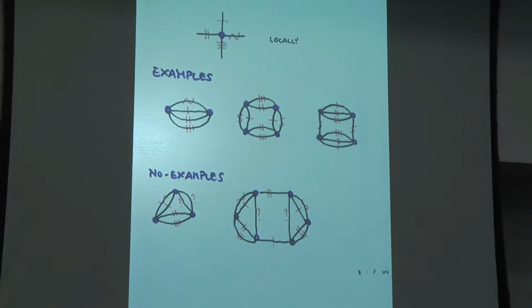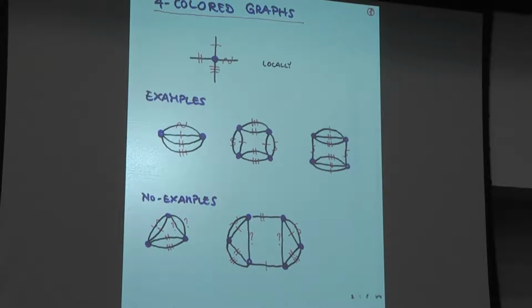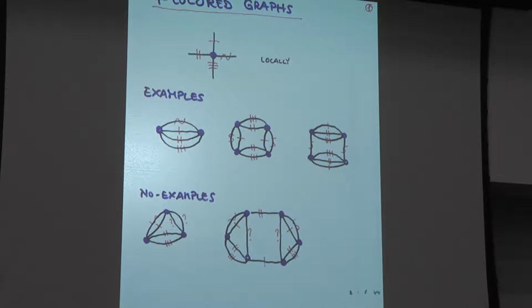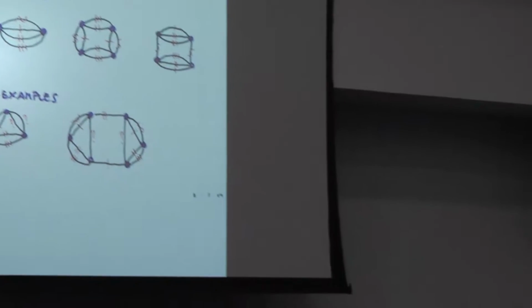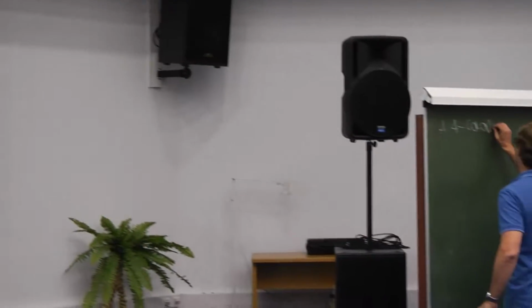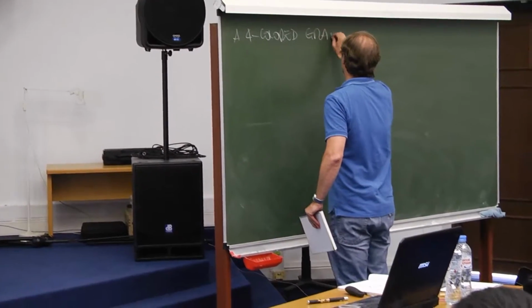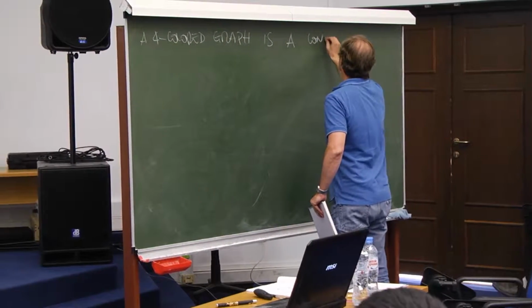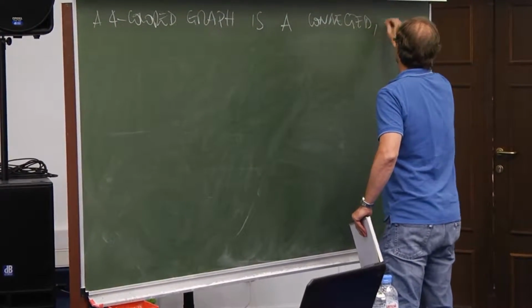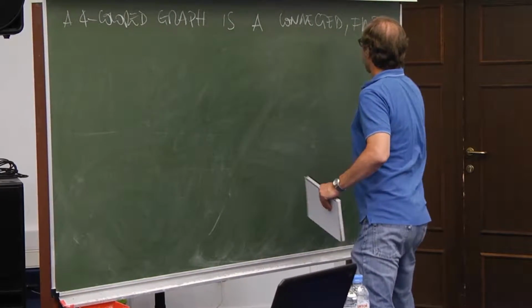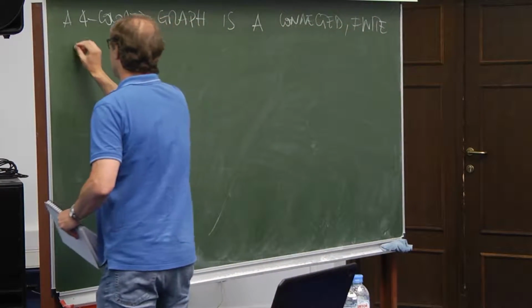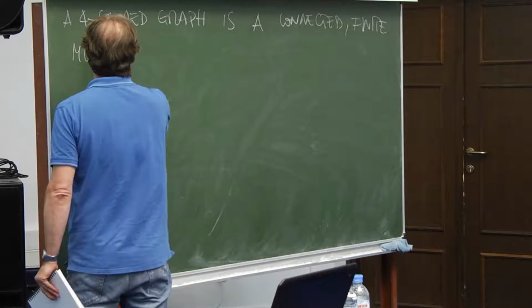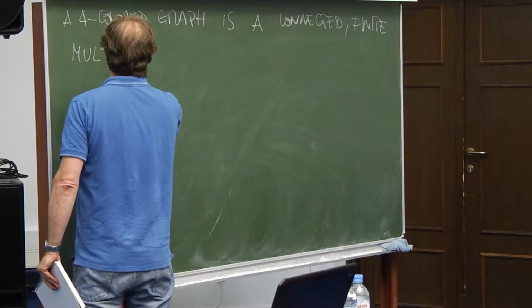Okay, the combinatorial objects involved in this talk are four-colored graphs. What is a four-colored graph? It's a very simple object. A four-colored graph is a connected, finite multigraph, so multiple edges are allowed,